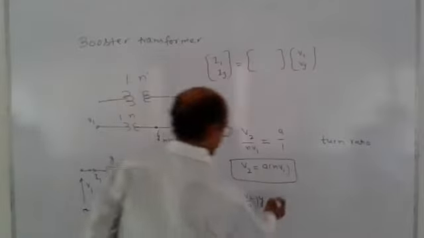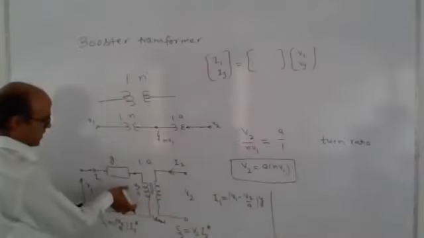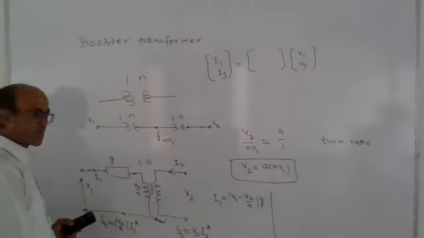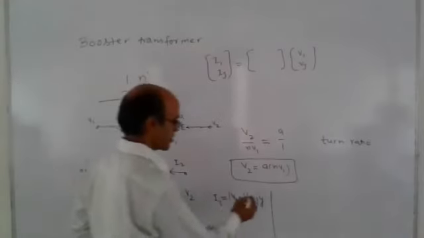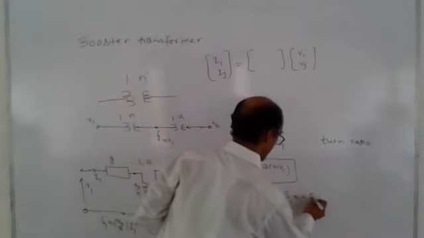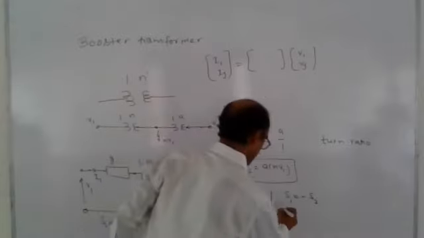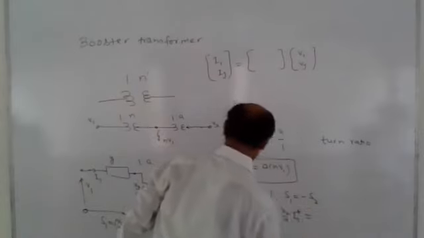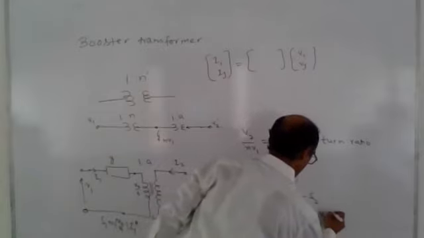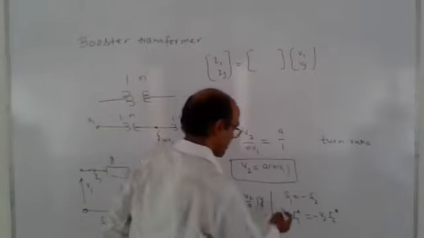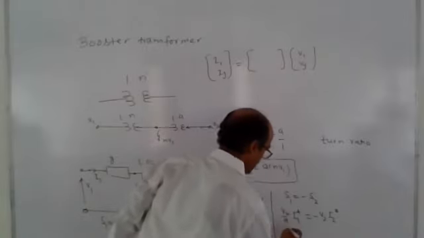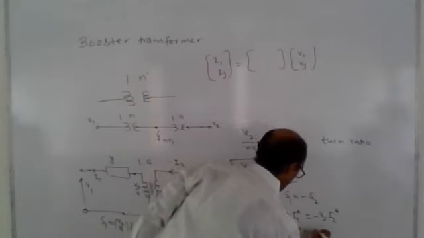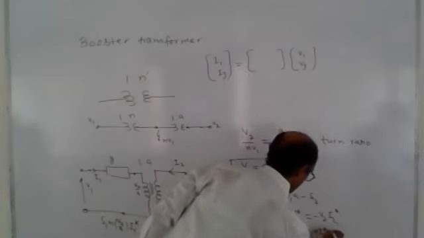So from here we can see the incoming power equals the outgoing power, but both powers are counted as incoming. So S1 plus S2 equal to 0, because this is an ideal transformer. So S1 equal to minus S2. S1 is V2 by A I1 conjugate, and S2 is minus V2 into I2 conjugate. So V2 is a scalar quantity, so it can be cancelled. This gives I1 conjugate equal to minus A times I2 conjugate.